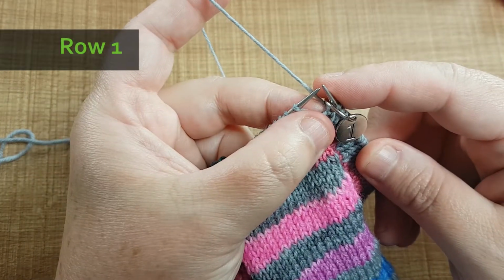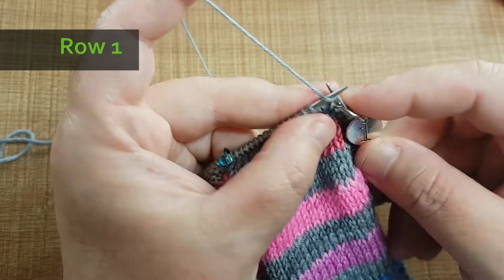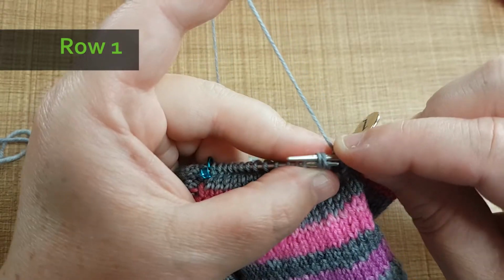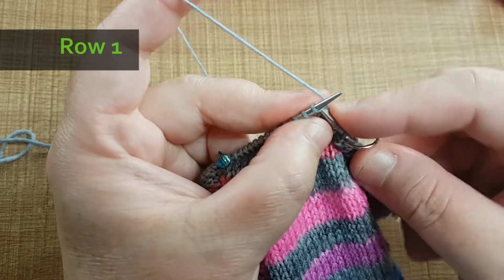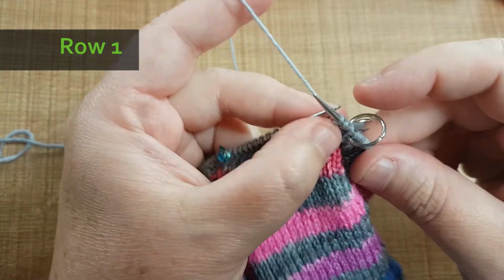So we're going to knit our first row, which is knit 1, and then knit 2 together through the back loop. So I've got my 2 stitches there on the back loop, and we'll knit those together. Then we knit 1. Now we turn our work,